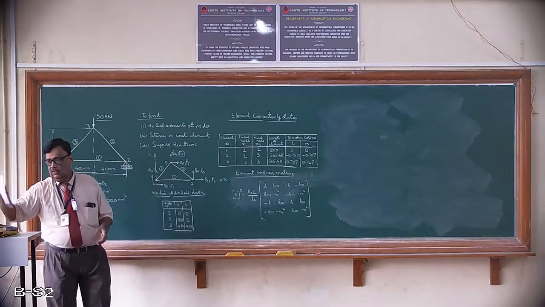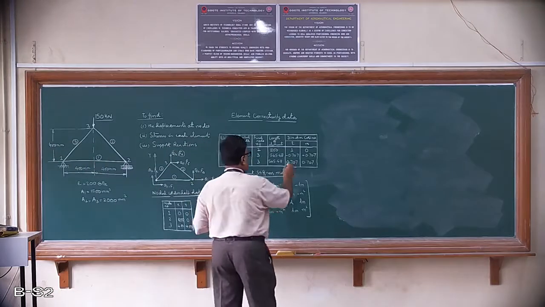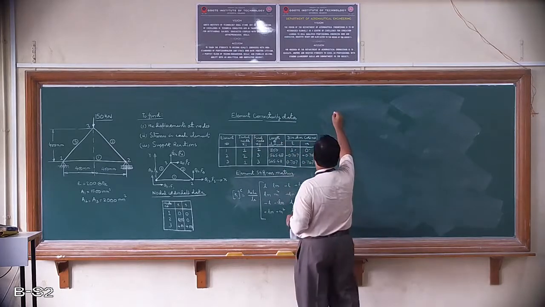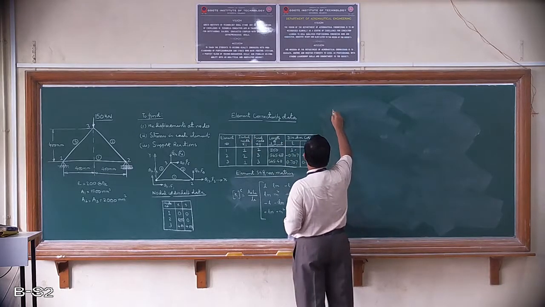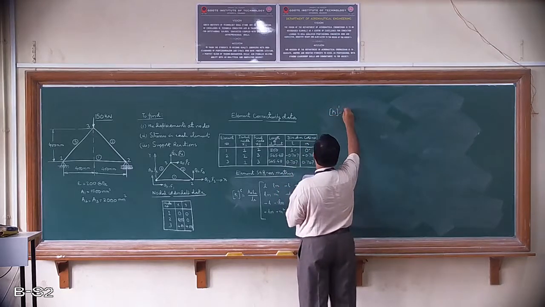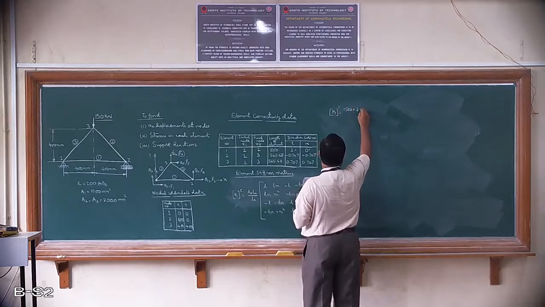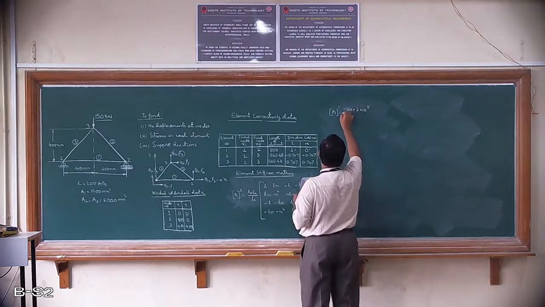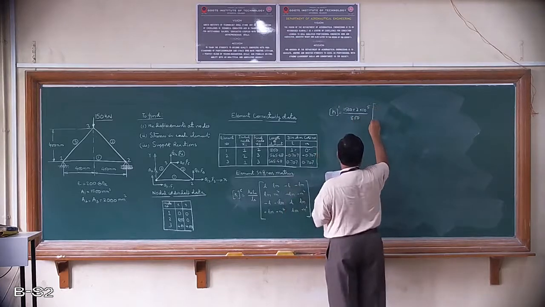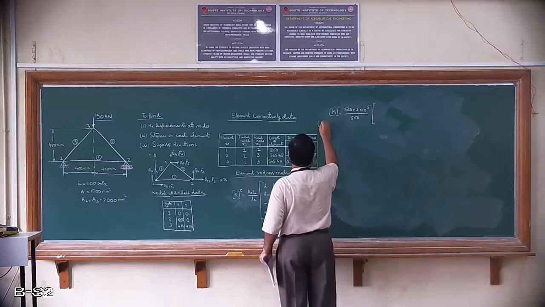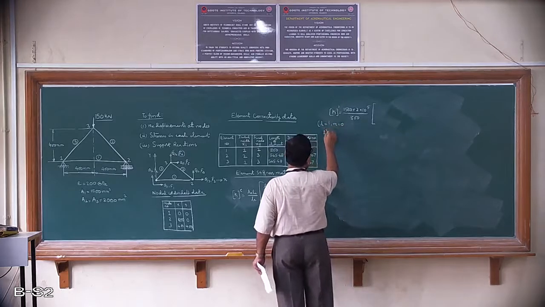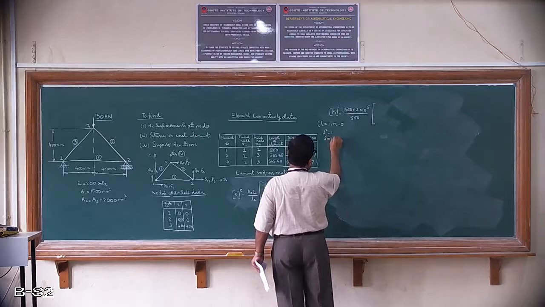So first let me take the first element where the direction cosines are 1 and 0. I will consider this as K1 for element number 1. Area is given as 1500 millimeter square, 2 into 10 raised to 5 is the Young's modulus, and the length of the element is given. For your convenience, you can write this as L and M. So L square is 1, LM is 0, M square is also